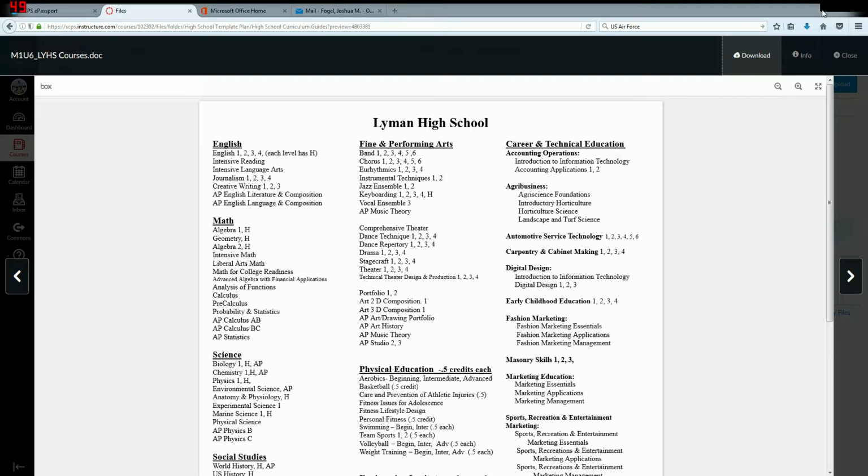And science is a similar idea where it gives you options here. As you can see, it says that students not attending post-secondary education may elect to take earth, space, or environmental science in 11th grade. All right, so what's this saying? What this is saying is that you may not have to take physics in 11th grade if you don't plan on attending college. So we're going to approach this as though we do plan on taking